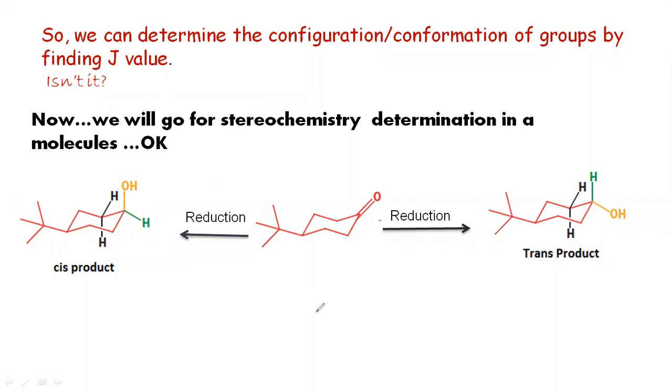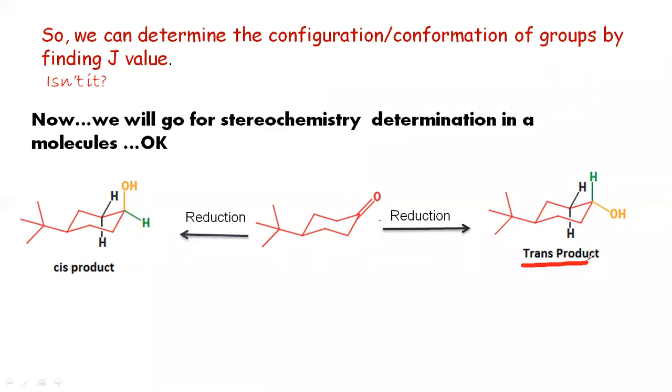But our job, our aim, is to find out which compound is going to form. Once we have performed this reaction, we don't know whether this is correct or wrong. How can we get it? Just by observing the NMR spectrum and especially the J values. Now can someone tell, which compound will show the highest J value while coupling with its neighbor? Cis or trans product? Very good. Trans will show the maximum.